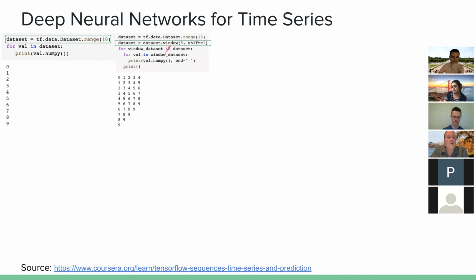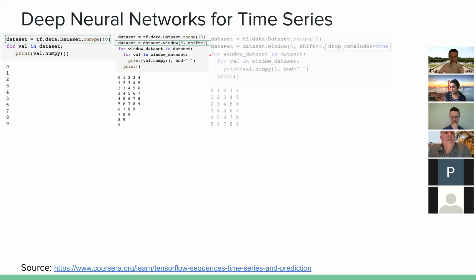Then we're going to take that data set and generate a window where we shift by 5. If we started with 0, we go 5 from there: 1, 2, 3, 4. We do that until we run out of numbers in our data set. So the last ones you see don't have 5 values in the window; it cuts off at 9. We're then going to drop the remainders for the ones that don't have a complete set of 5, and he does that with drop_remainder true, and that leaves us with these